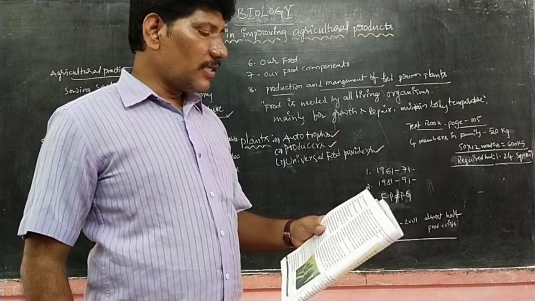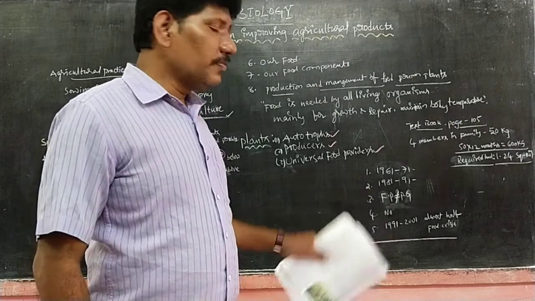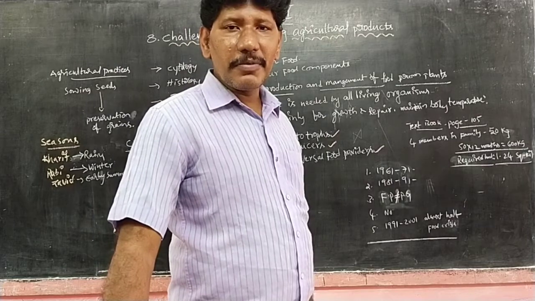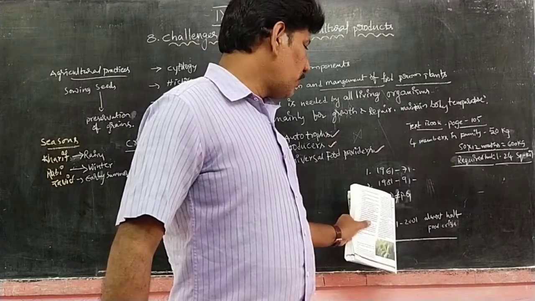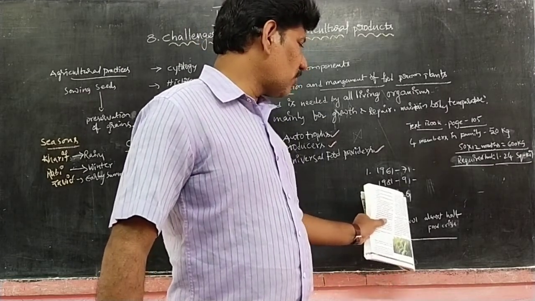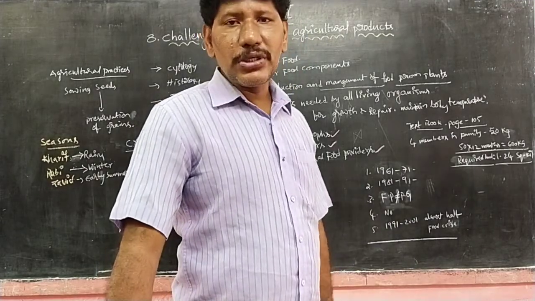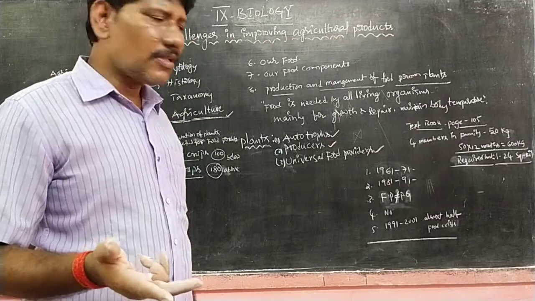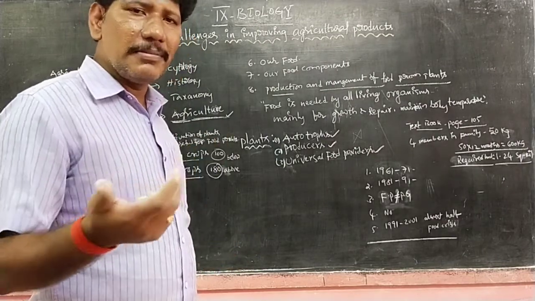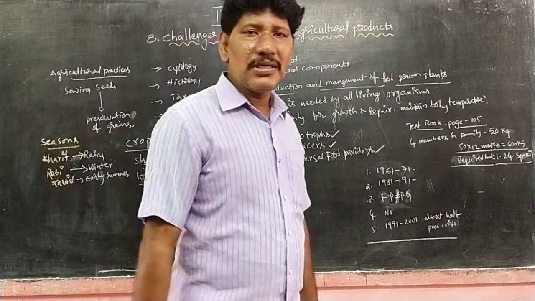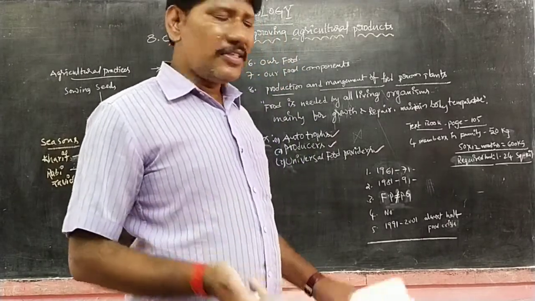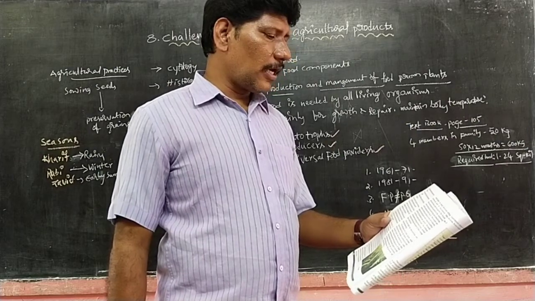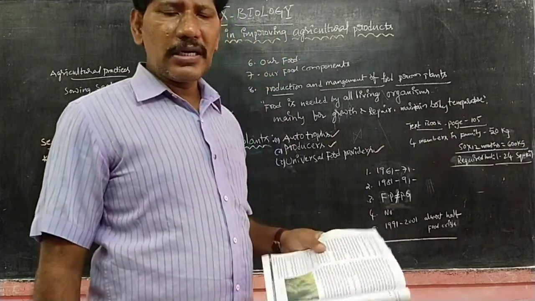Next, what major differences did you find in the table? While observing the table, we have to find clear information. Food production is not at all equivalent to the population growth. When the population growth is increasing, the food production is not sufficient to meet the demand of the whole population, then obviously it forms a food crisis. Next, the fourth question: is food grain production increasing according to the population growth? No, it's not at all.